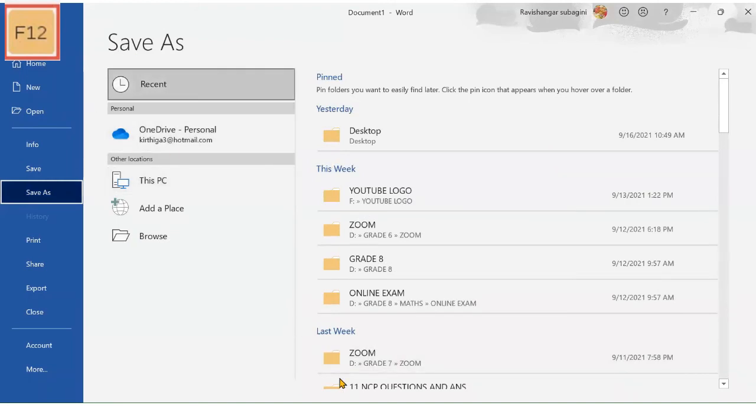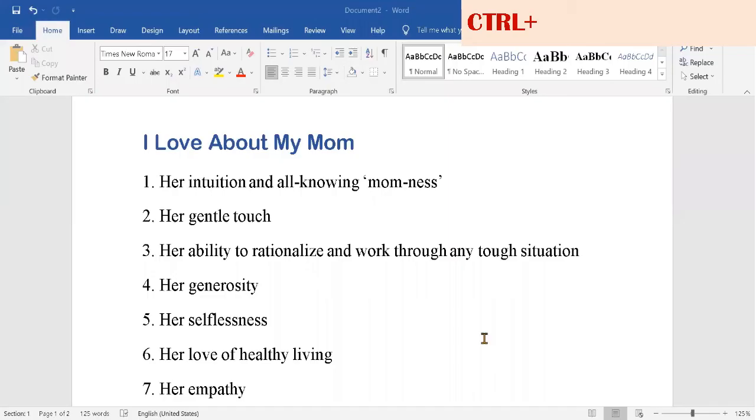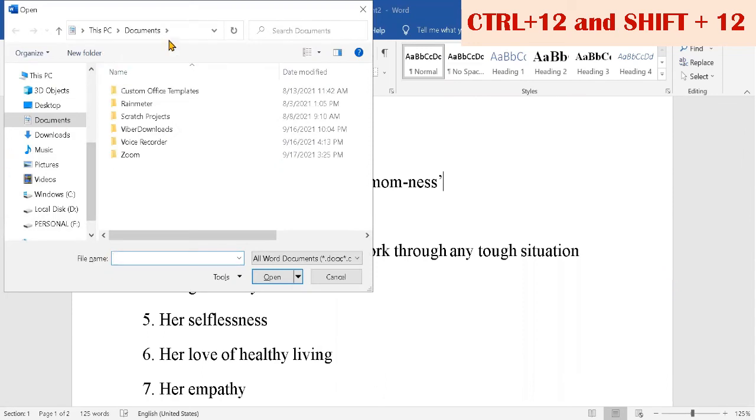We normally save a file in Word by selecting the File menu in the menu bar, then selecting Save As, and by giving the path of the file, it will be saved correctly, but this takes so much time. By clicking Ctrl with the F12 key, we can open the Open dialog box easily. And if we need to open a file immediately, this method will help to do it in a very short time.